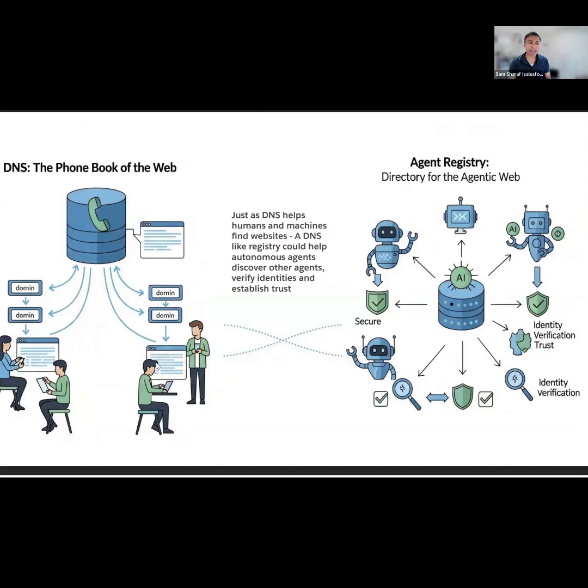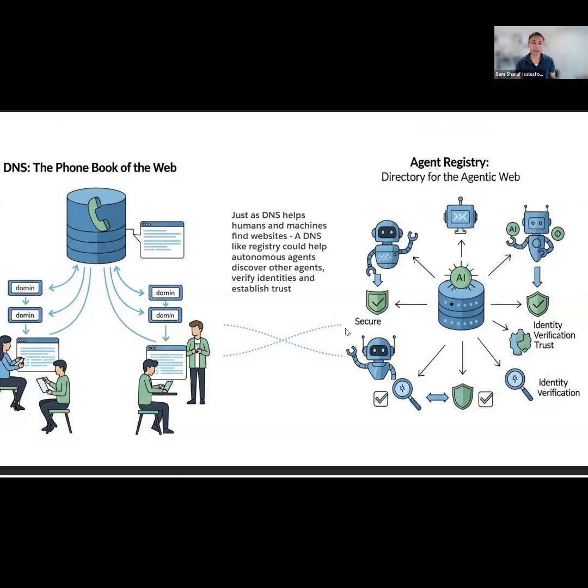So as you probably remember, DNS, right? DNS became famous in the 80s and 90s. The concept was, hey, a human readable name instead of trying to remember the IP address of where this service is located. So it's very similar to the phone book of the web. So agent registry, and right now in this picture it is a centralized agent registry, but even if you have a distributed registry, it's the same concept. It will become the directory of the agentic web, and it will have agents